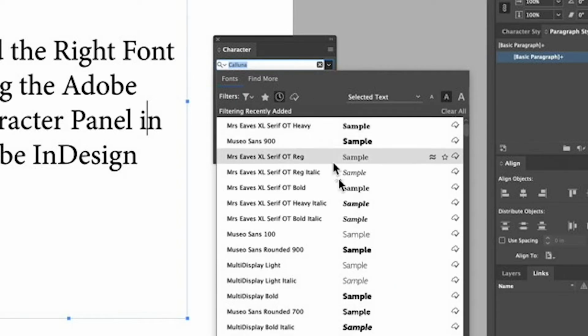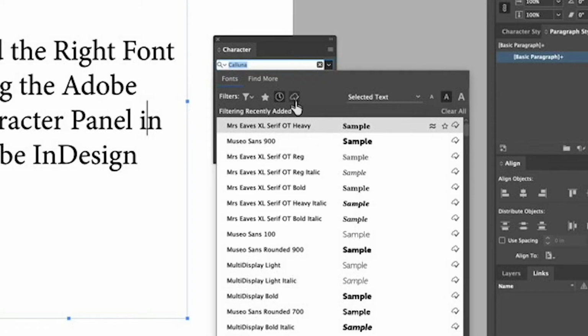Just see the ones that you just downloaded. Maybe you were searching through there instead, or you downloaded some new ones. You just click on that to filter to your most recently added fonts. And the one next to that are activated fonts. Great thing about Adobe and Creative Cloud, you have access to a very wide range of typefaces with Adobe Fonts and Creative Cloud in 2020.